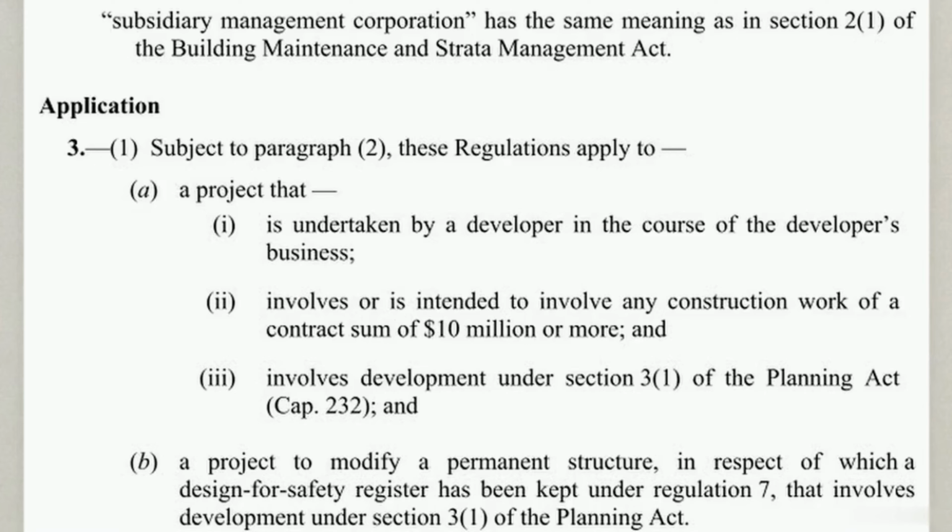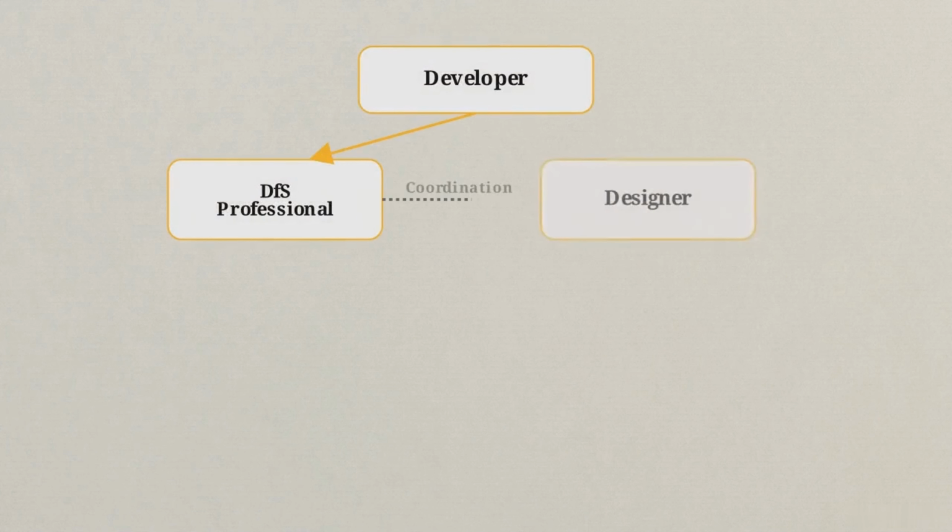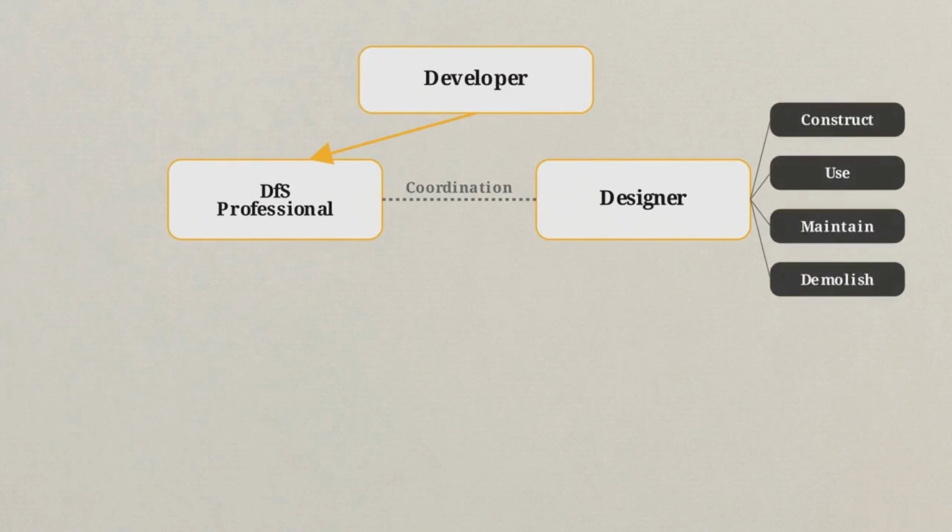These legal duties apply to any project involving construction work with a contract sum of $10 million or more. The law mandates the appointment of a Design for Safety Professional, or DfSP, before the detailed design stage begins. The designer then holds a legal obligation to ensure the structure is safe for those who construct, use, maintain, and